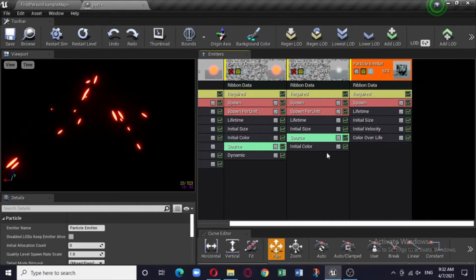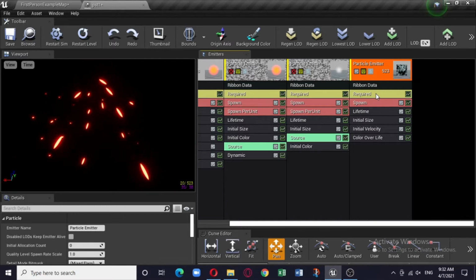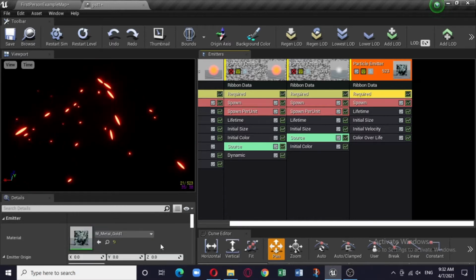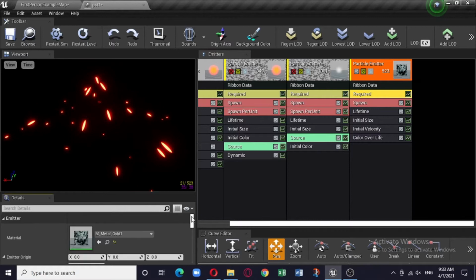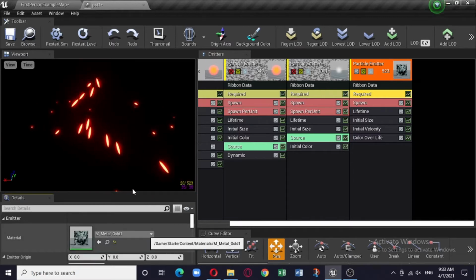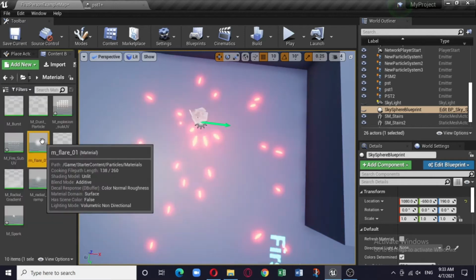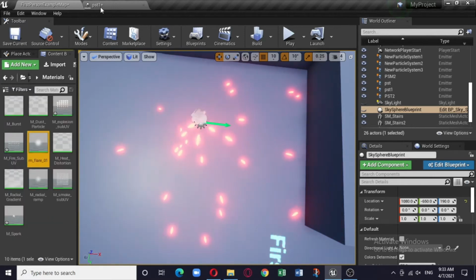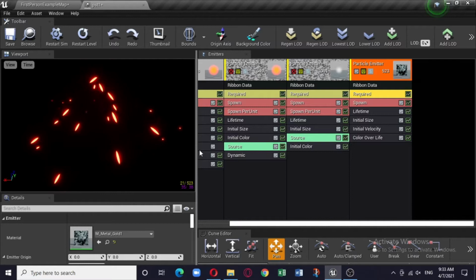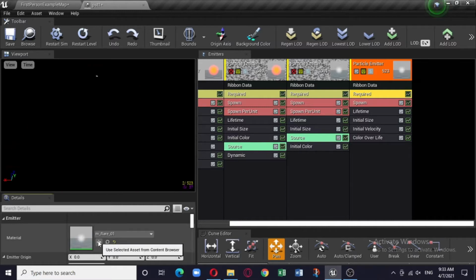Now in the ribbon data, what you need to attach is a material. Go to required, and there is a material which is already attached, but anyway, let us go back to original. So here we are. We just selected this flare material. Click over here.